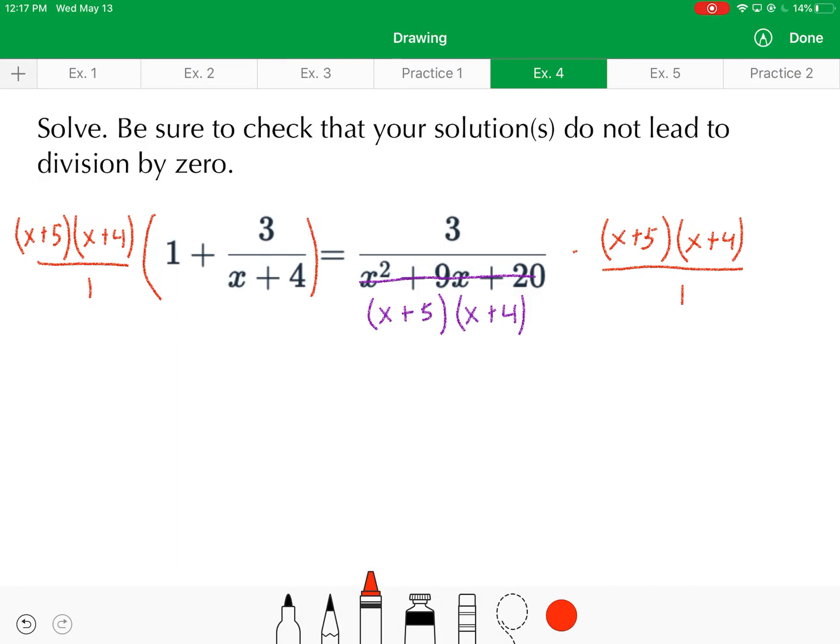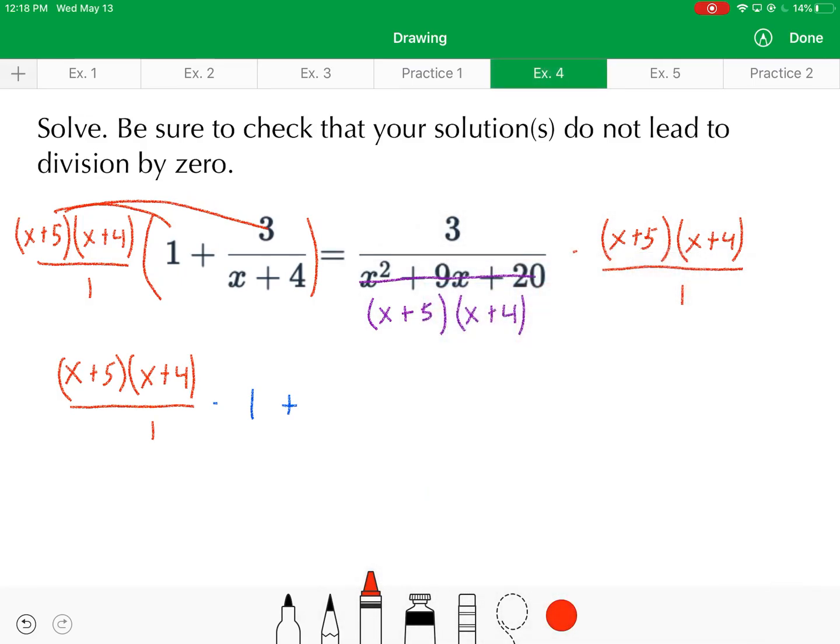Okay. All right, so make sure on the left side that this is multiplying both the 1 and the 3 over x plus 4. So that's initially going to look like x plus 5 times x plus 4 over 1 times 1